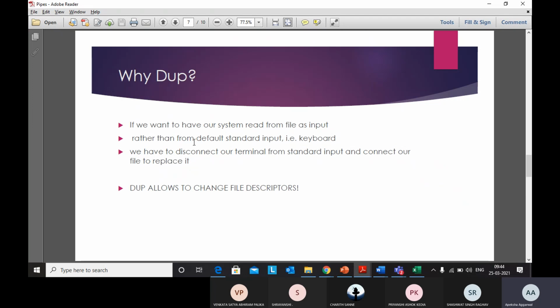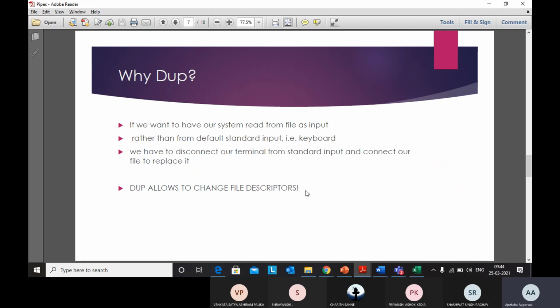For example, rather than the default standard input, you want to take input from a file. You don't want to take input from the screen. For example, you have written scanf %d and marks of a student.